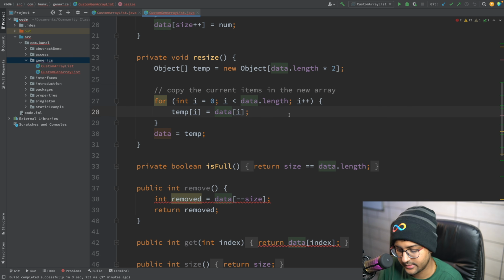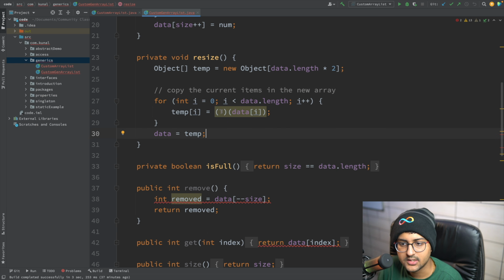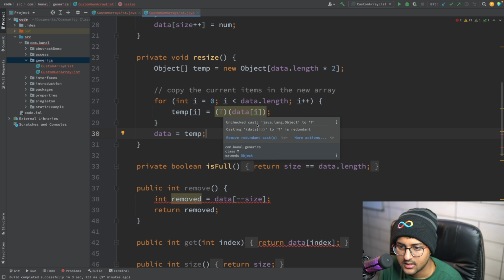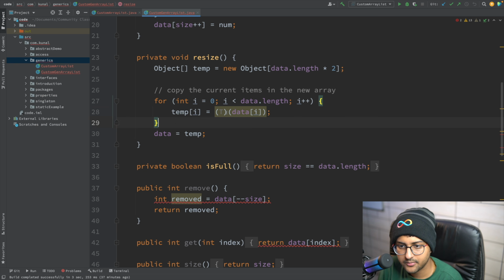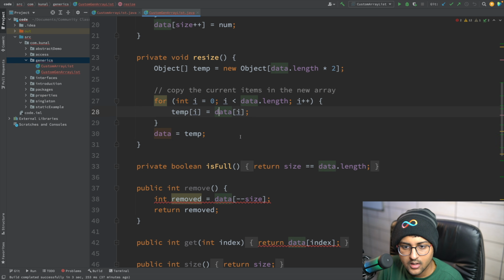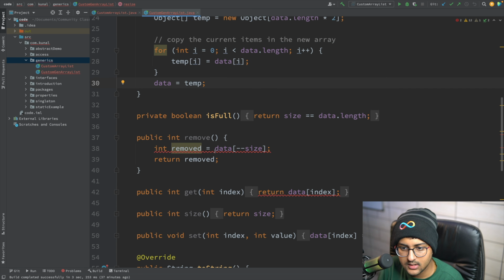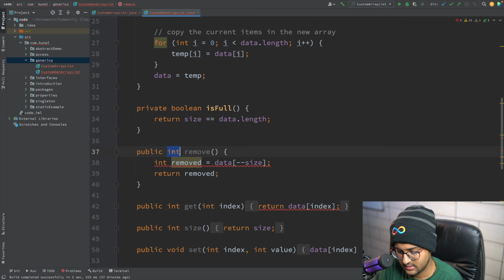I can also cast it, by the way, something like this. Here it's saying it's not really allowed because it's redundant. Okay, no worries. Other than that, I think this is where the cast will come in.